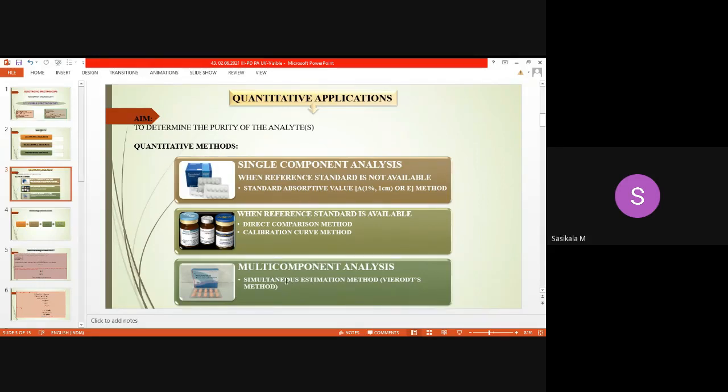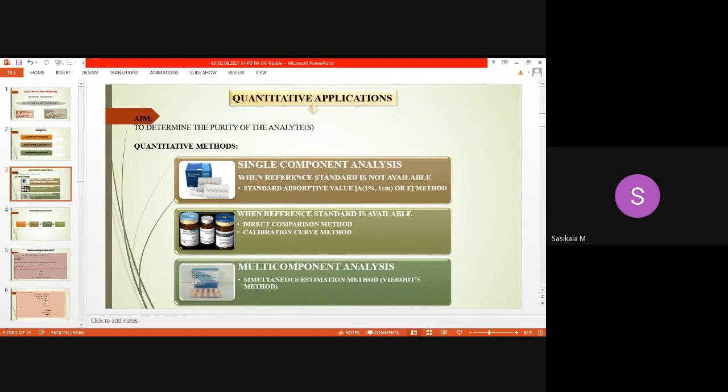At the same time, we are going to analyze two active pharmaceutical ingredients. So the experimental conditions for the two active pharmaceutical ingredients will be the same. That's why it is called a simultaneous estimation method. That means when you are choosing the solvent for making dilution and for determining wavelength, this all should correlate with the active pharmaceutical ingredients and components present in the formulation. Then only the method will be applied for simultaneous estimation.